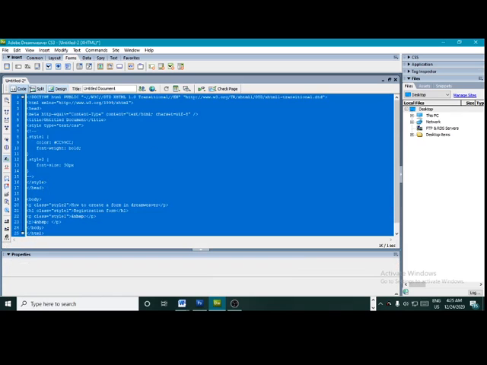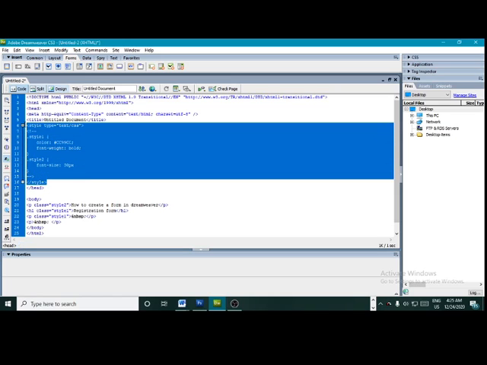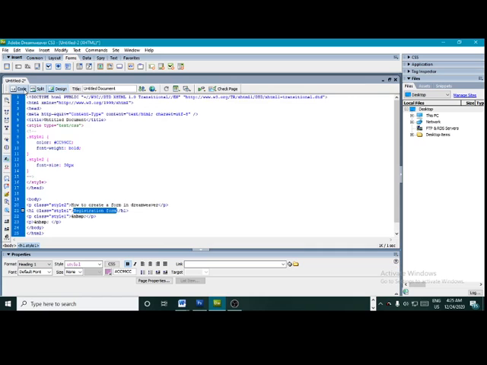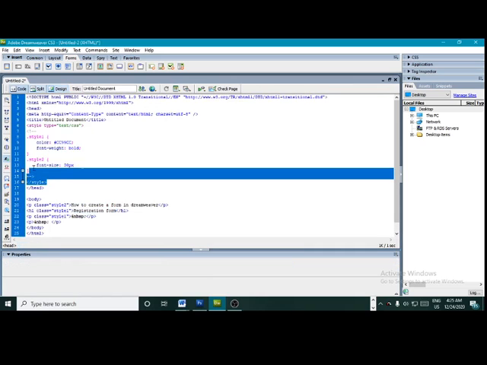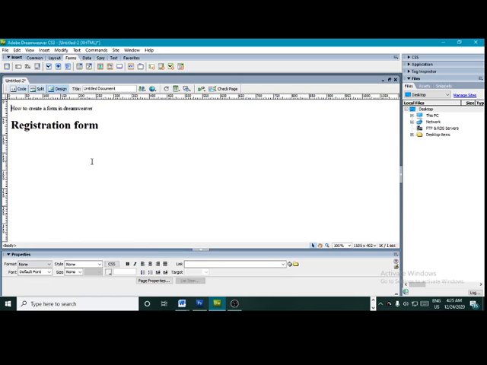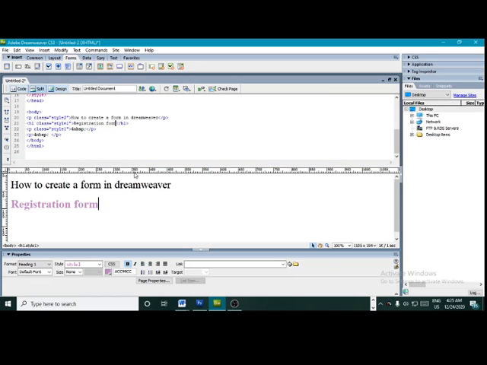Okay, these are codes. CSS color, remove CSS, share delete. Then registration form color, let me undo the delete part. Yeah, okay, so then